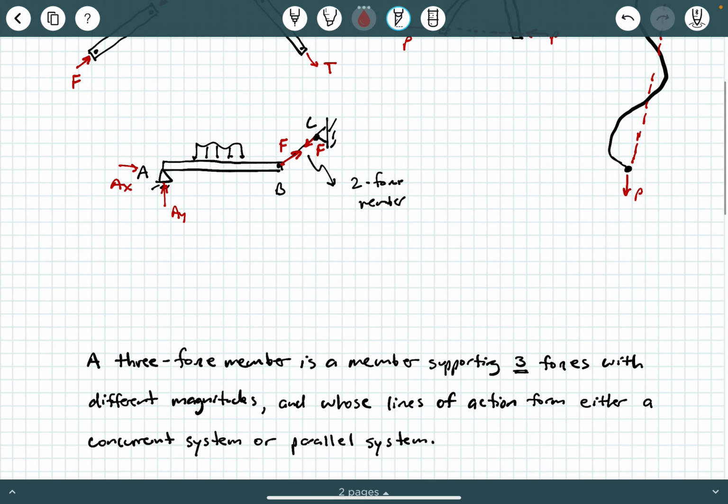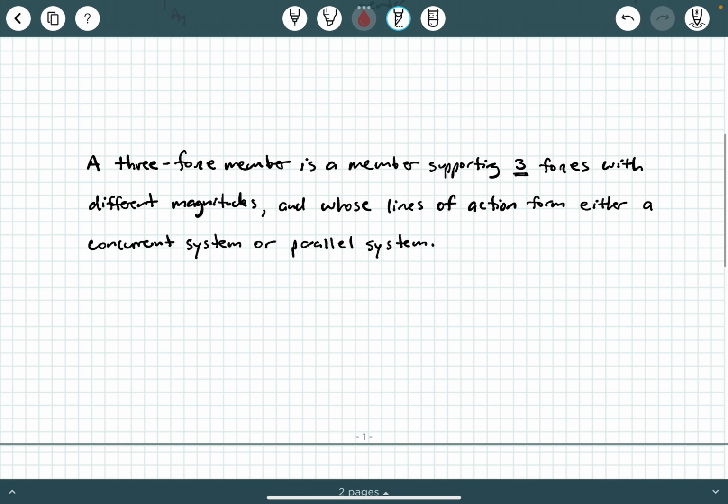Now, what about three-force members? Well, what is a three-force member? A three-force member is a member supporting three forces with different magnitudes and whose lines of action form either a concurrent system or a parallel system. So when I say a concurrent system, what does that mean? Well, let's say that we have